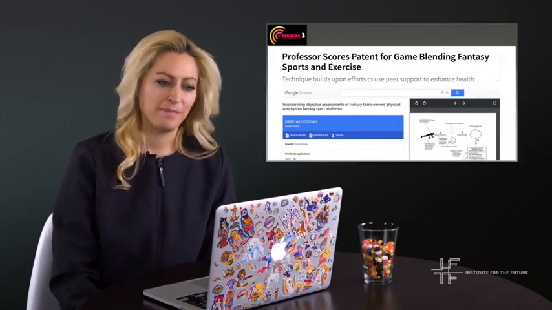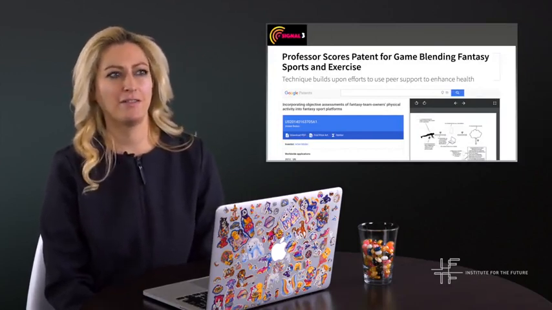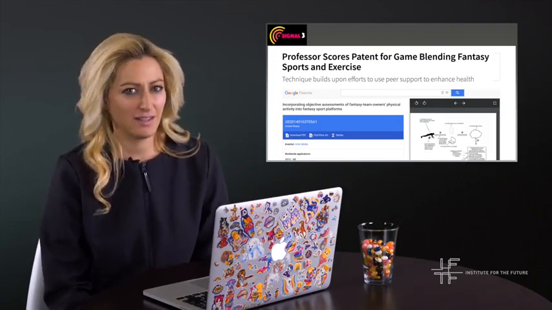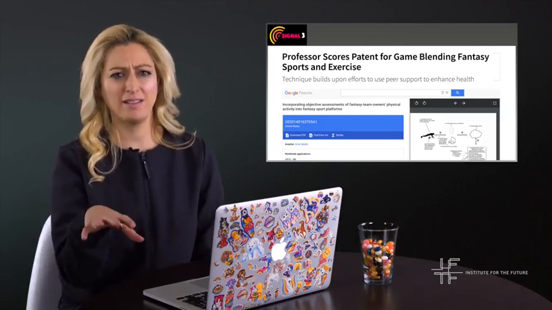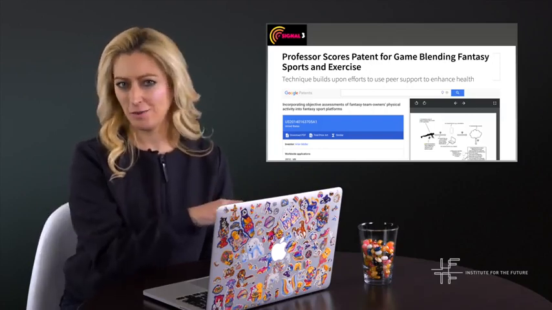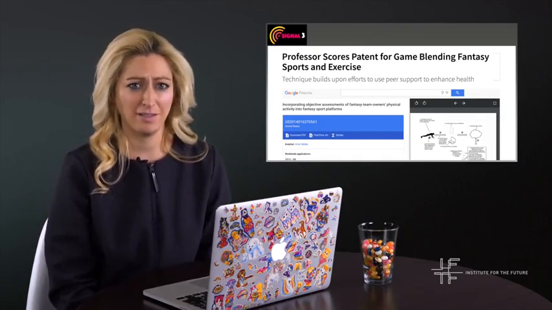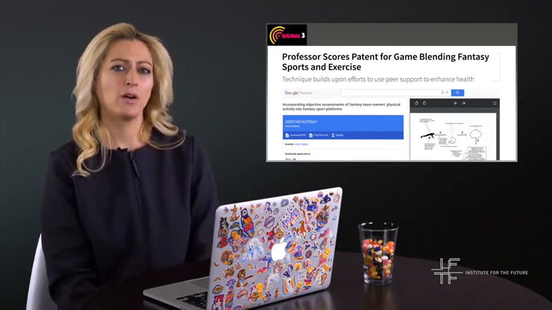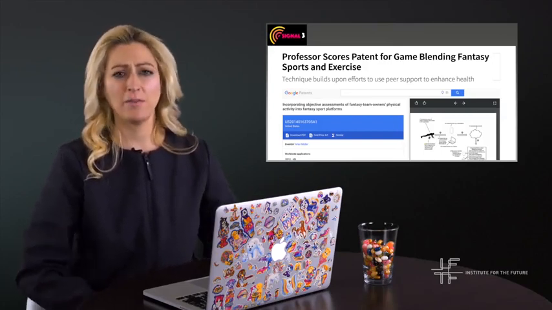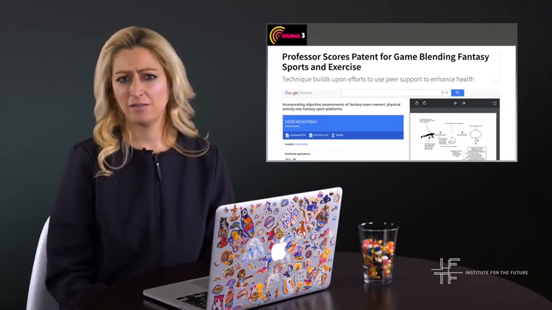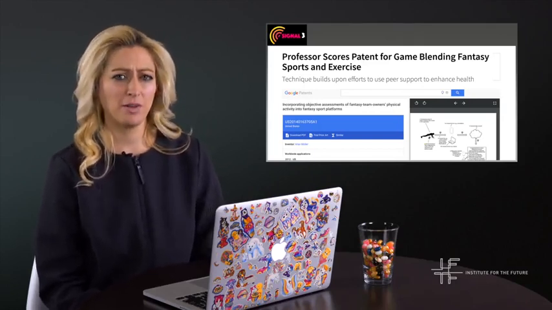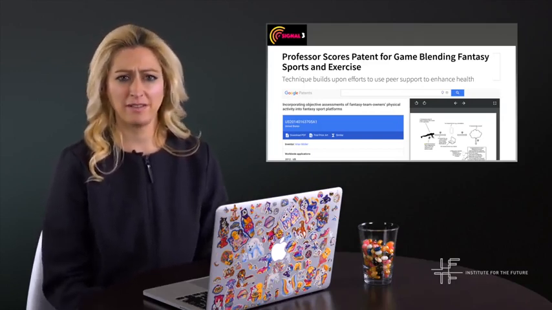Signal number 3, fantasy health ball. This is a combination of fantasy sports and fitness trackers. Always fun to see a new signal that combines two other signals. This was an effort that turned into a book that you can actually still find online if you're curious, where one person wanted to get in shape and lose weight, and he and all his friends were doing fantasy sports, and he decided the rules of his league